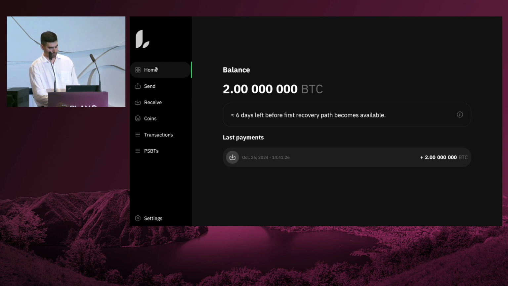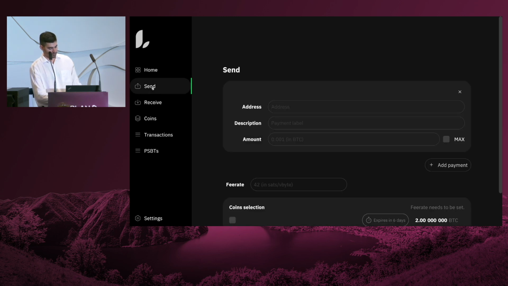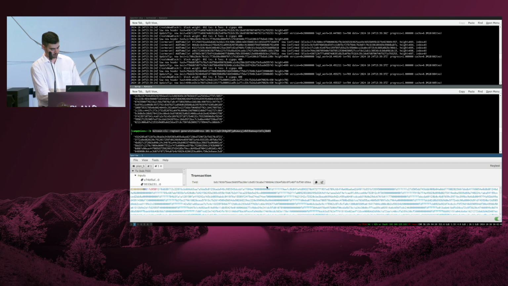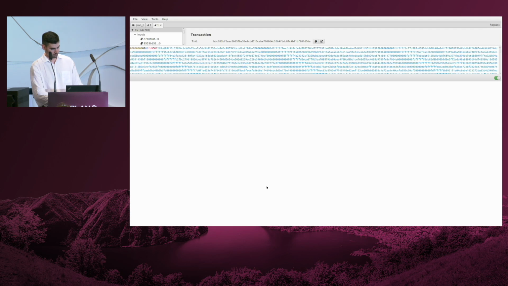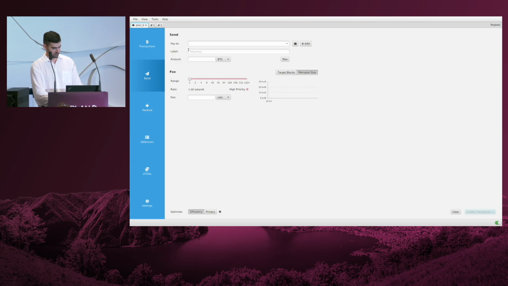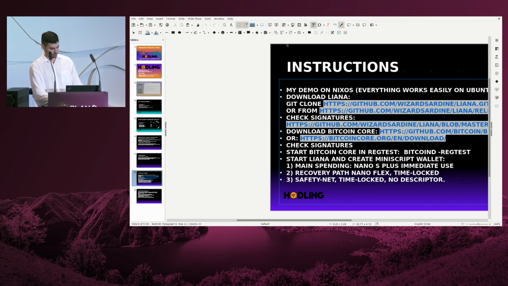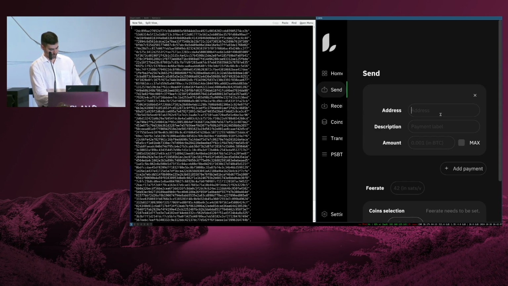So we are going to spend with our main spender, which was this one. We are going to go here, send. We need to choose the address. The address is going to be again my Sparrow wallet that I have shown you previously, which is here. This one. I need to go here, create a receiving address, copy, go back to Liana, paste, description, amount.